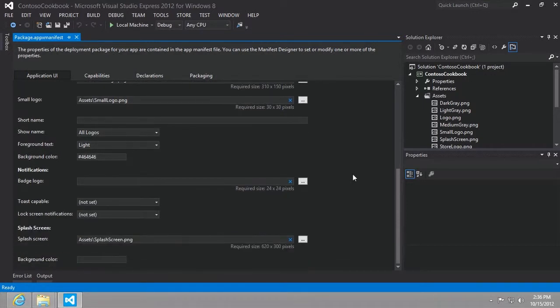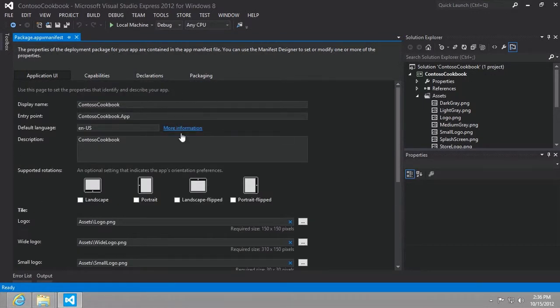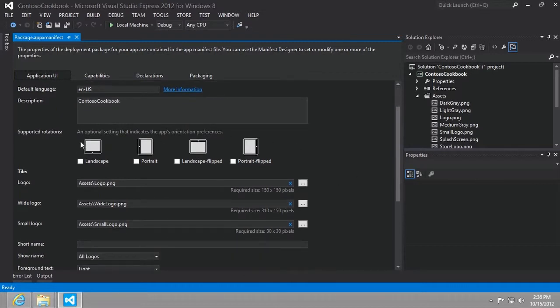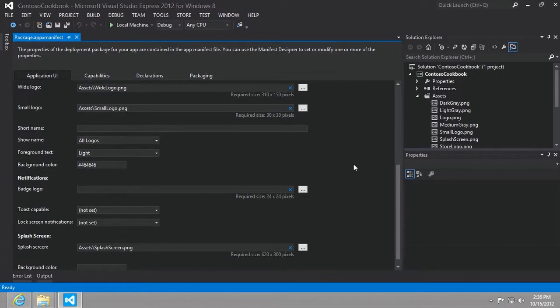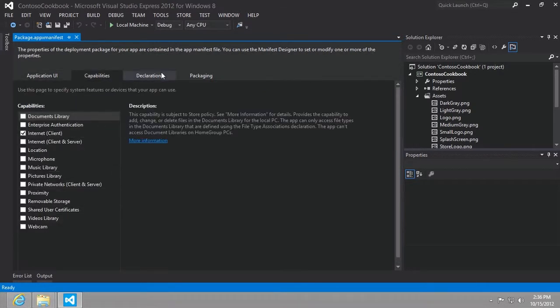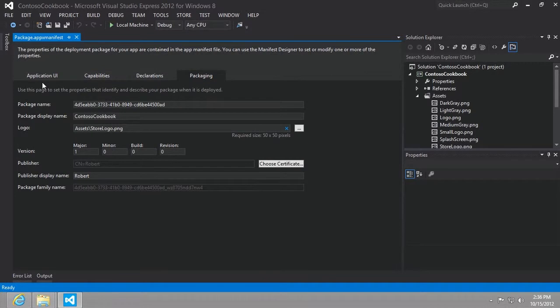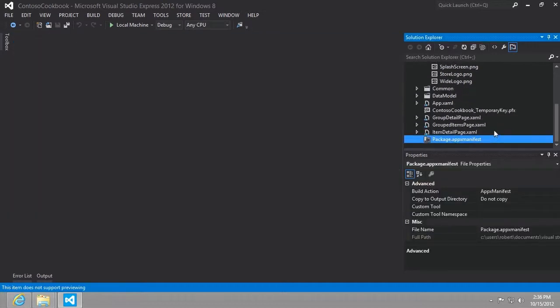As you peruse this, you can see there are a number of interesting settings here that would affect, for example, what orientations or rotations we support, name, background color for our app, things called badges and toast capable. And as we look through the capabilities, again, we're going to come back to this a couple of times throughout the series, and I'm pretty interested in enabling some of the functionality that we see here. But what about this